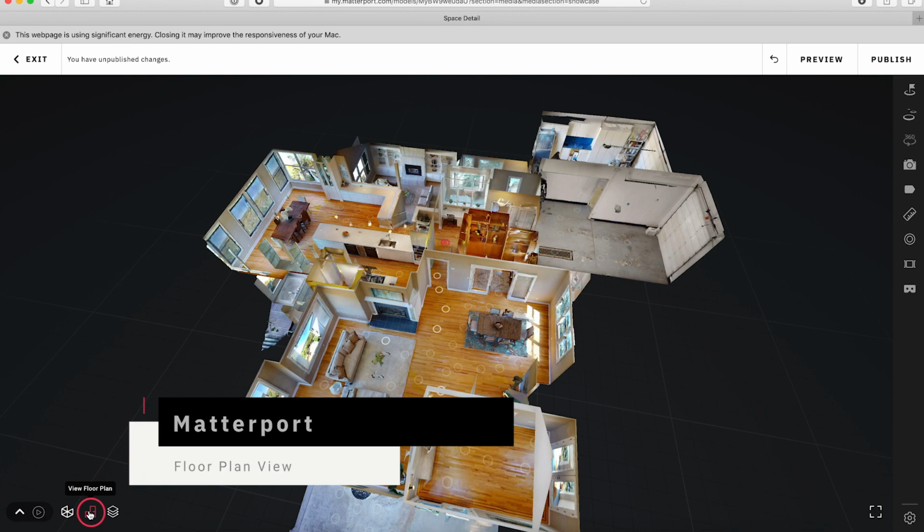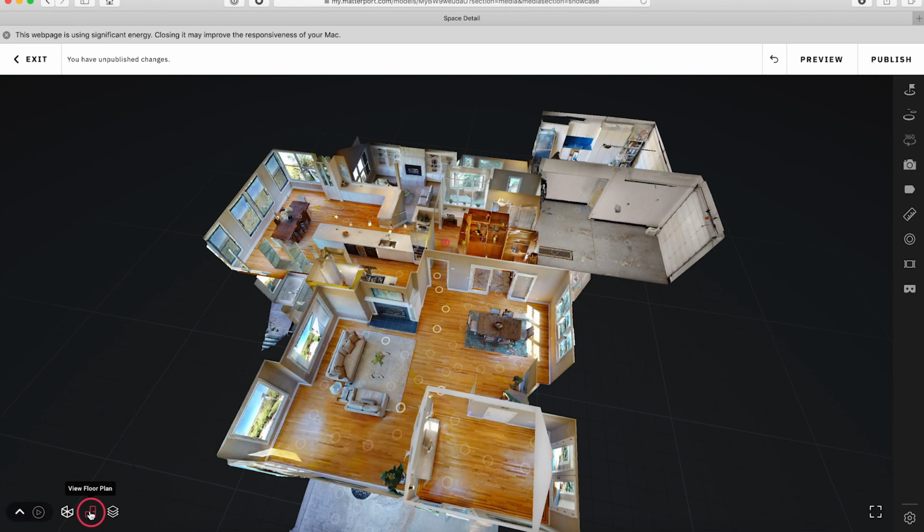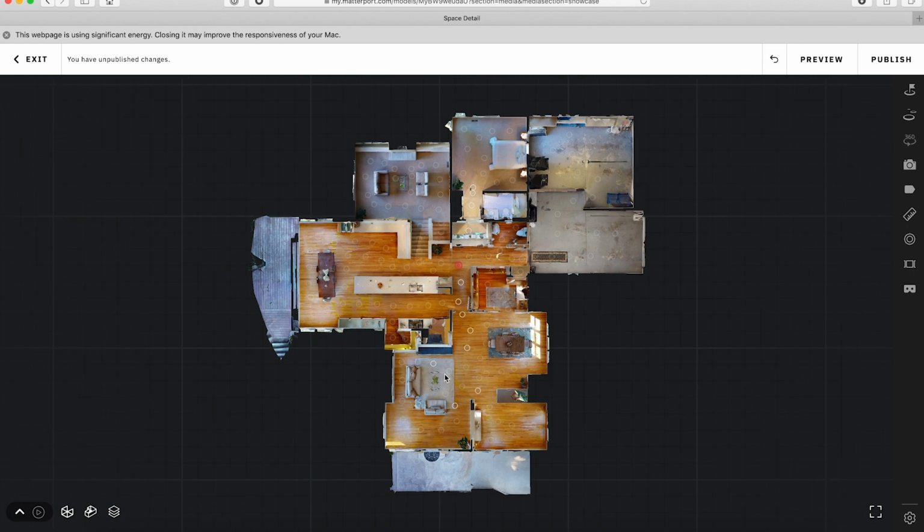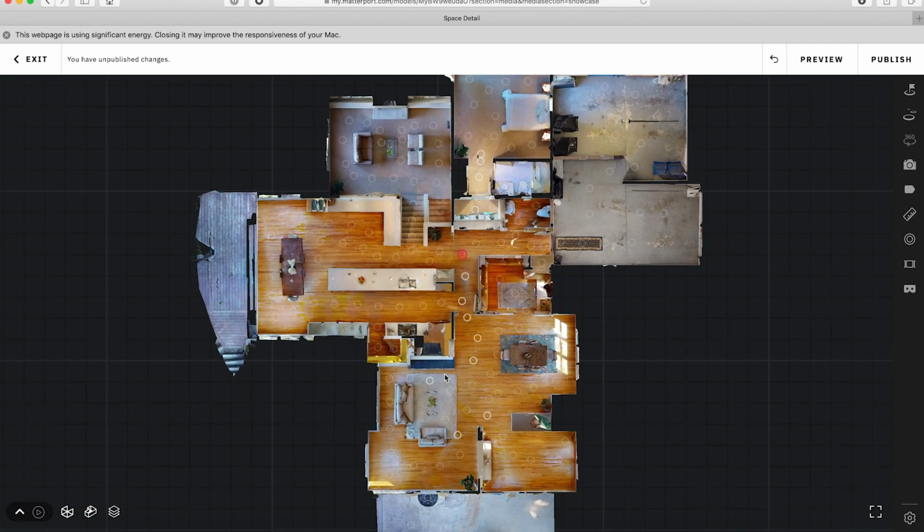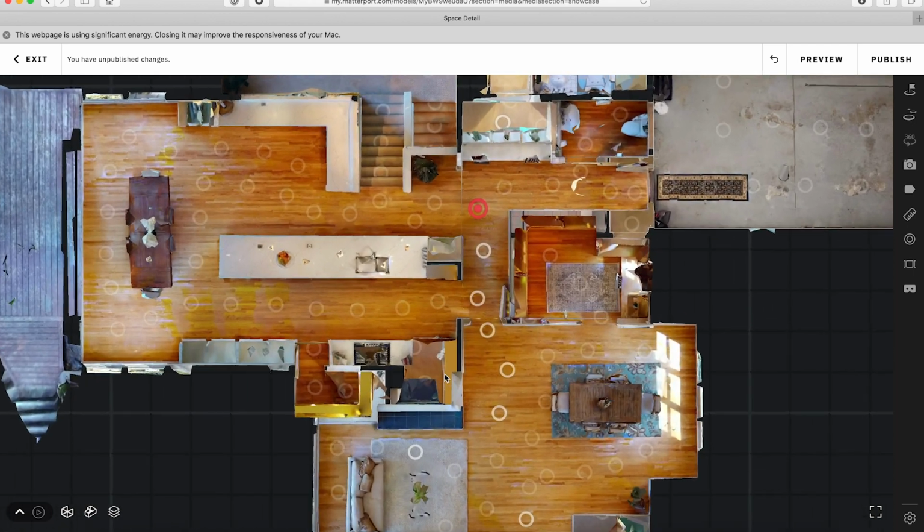Now, as for the floor plan view, I can get to it by clicking the floor plan button down here or the number 3 on my keyboard. So I'll just click right here. The floor plan view is really just a direct top to bottom view. It's kind of like a schematic floor plan, if you will, except instead of simple black and white lines, you get to see it in color. So it's just another way of seeing the model from a very different perspective that you normally wouldn't be able to see if all you had were traditional photos, 2D, or even 360 panos.